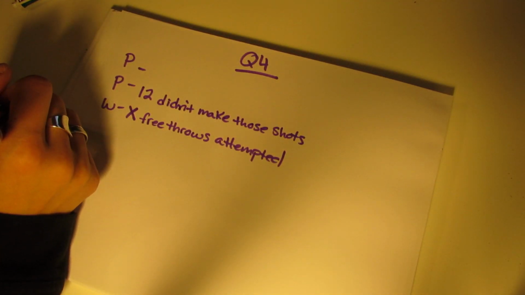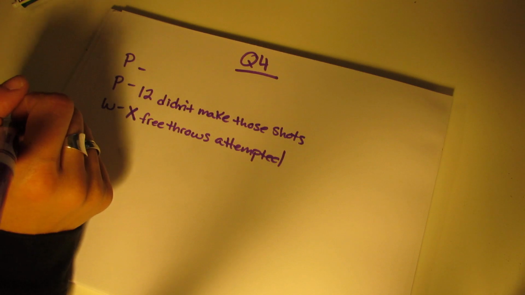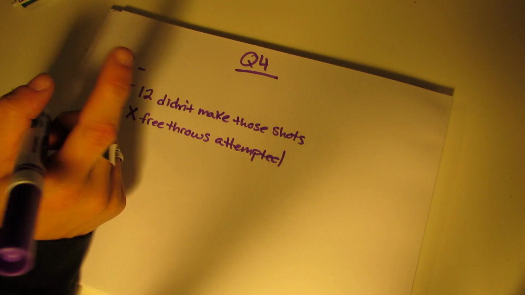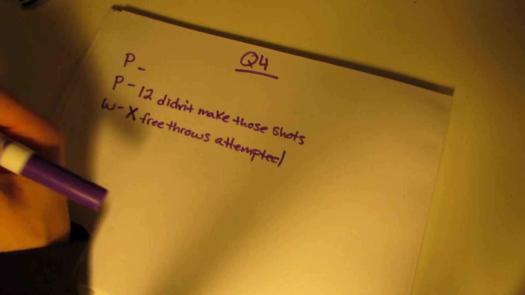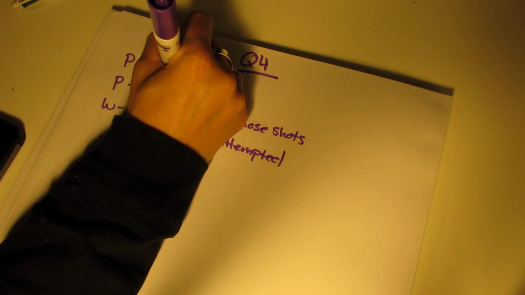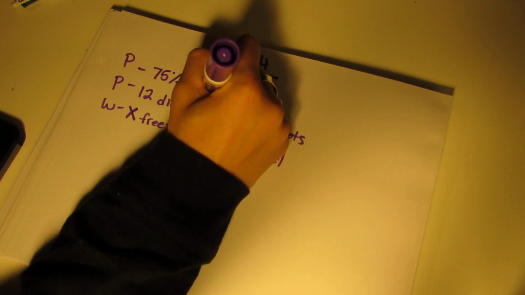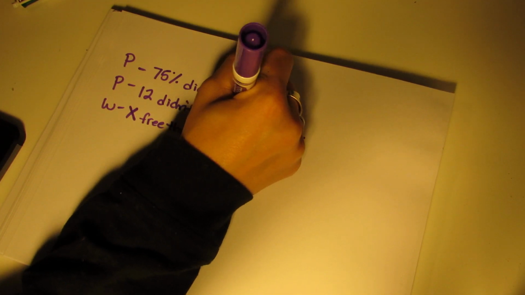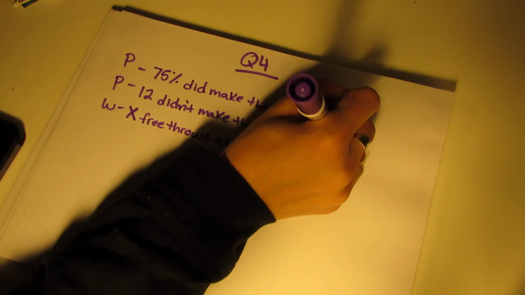The second piece says, if his free throw percentage was 75%, this means free throw percentage. That means that's the amount of shots he made. That's the percent of the shots he made. So 75% are the free throws he did make. He did make those shots. Now we have to